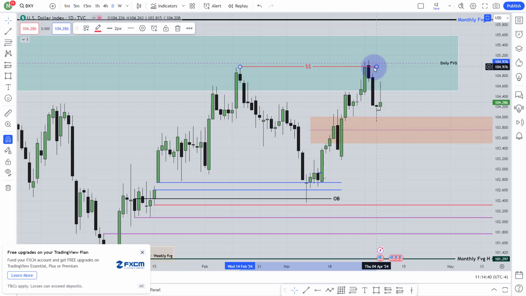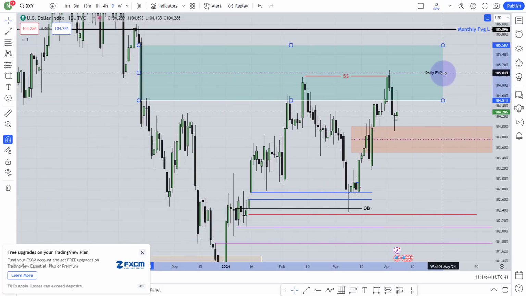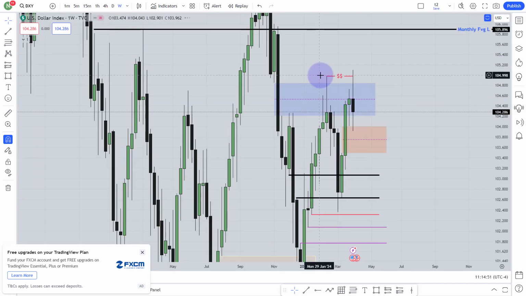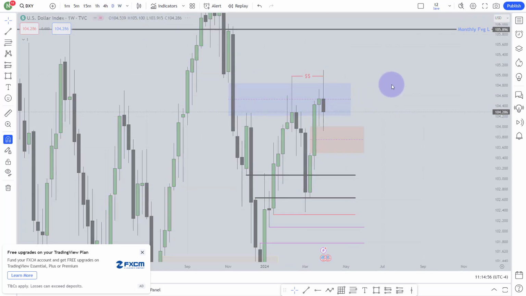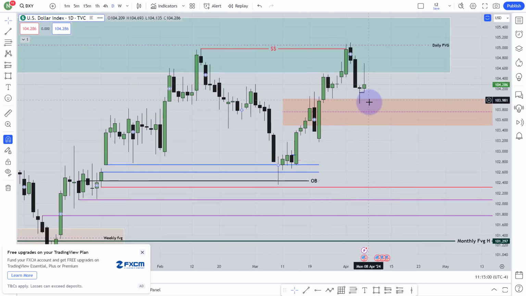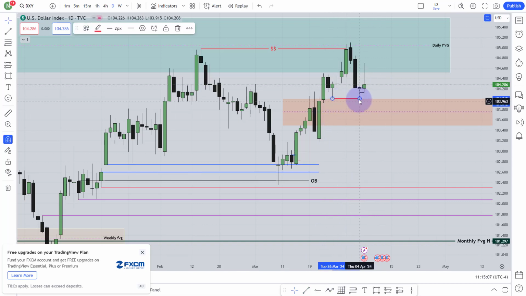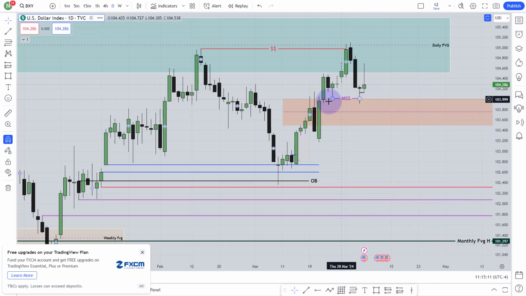So I'm thinking that market has taken the buy side liquidity and it has been rejected from the daily fair value gap consequent encroachment as well. This is the consequent encroachment from the daily fair value gap. From the weekly chart, you saw that market was rejected from the weekly consequent encroachment. Also on the daily chart, market reached the daily fair value gap consequent encroachment, then it fell. When it fell, it gave me this market structure shift. Look at this low. This low is valid for shifting market structure.